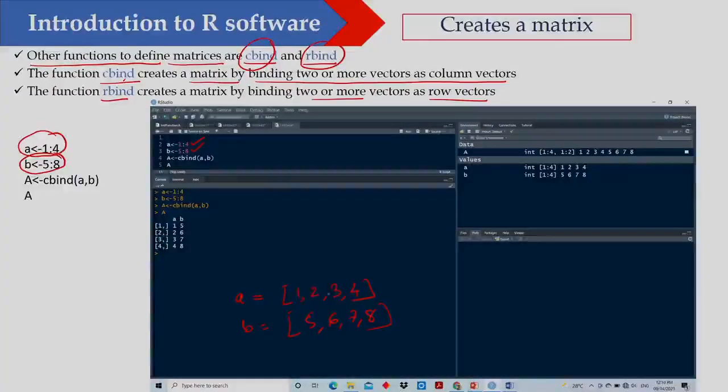So, A is equal to 1, 2, 3, 4. So, this is a vector, and B equal to 5, 6, 7, 8. So, now what I have done, I am using cbind. That means it will create a matrix by binding two or more vectors as column vectors. So, you just see you are getting a matrix which is A, and this is a